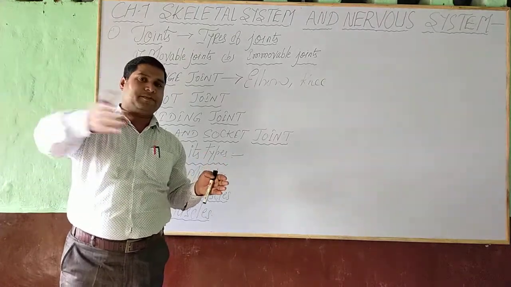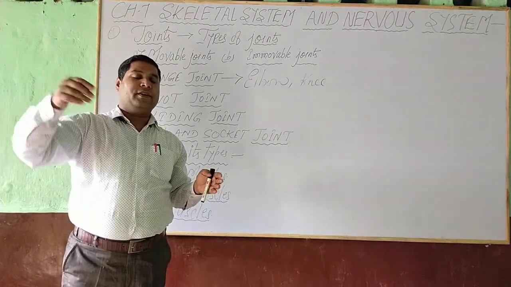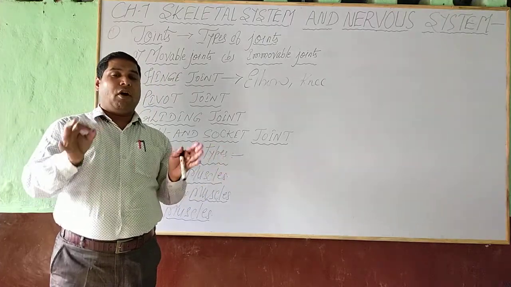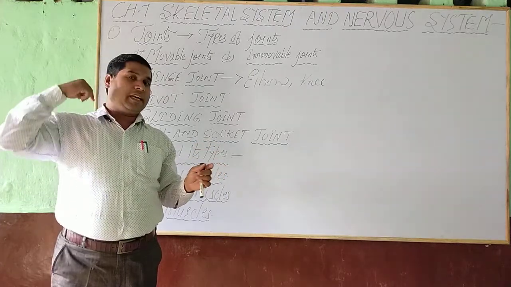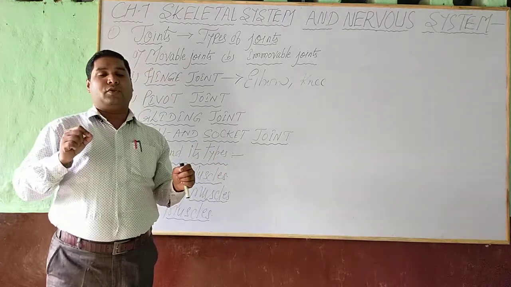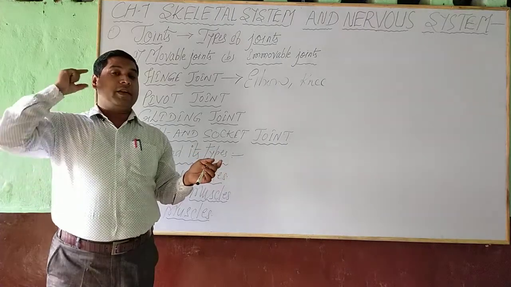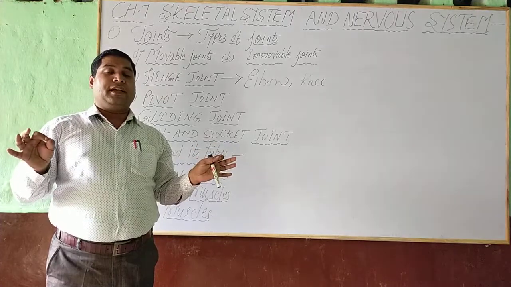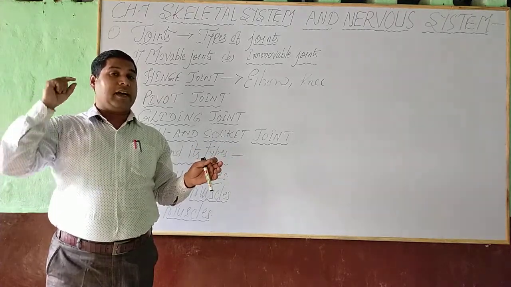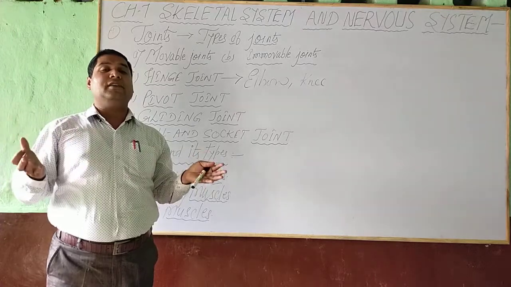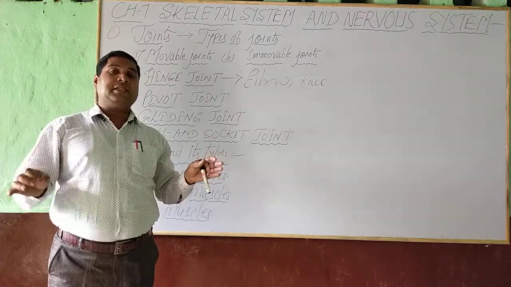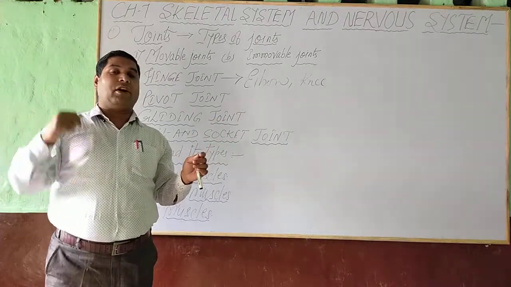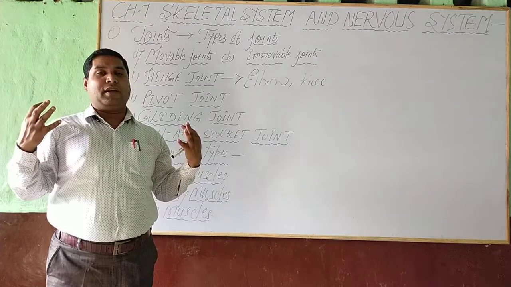Dear student, you may have seen an elephant. Here you may have seen, they are moving their ears. Can you move? You may have seen goat, rabbit, horse, dog. They used to move their ear. Can we move our ear? No, we can't move our ear, because in our ear no voluntary muscle is present. Involuntary muscles are present in our ear, so that we can't move. Involuntary muscles are those muscles which can't work with the action of our brain or according to our will.